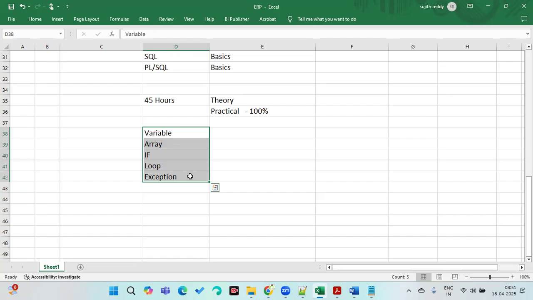At least 50 lines of coding I'll write in the next 2 demo sessions. Tomorrow I'll write 50 lines of coding, and the day after tomorrow also 50 lines of coding. If you understand that coding, then you are suitable for this course, so join. If you don't understand that, then you are unfit. You cannot learn this course. Your time will be wasted, your money also will be wasted. Don't join this course, try something else. That's what I can say.